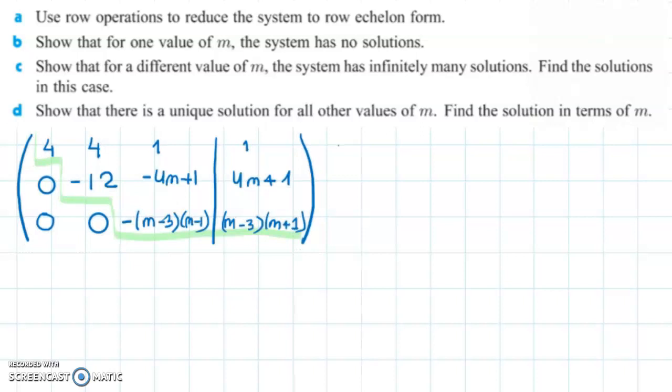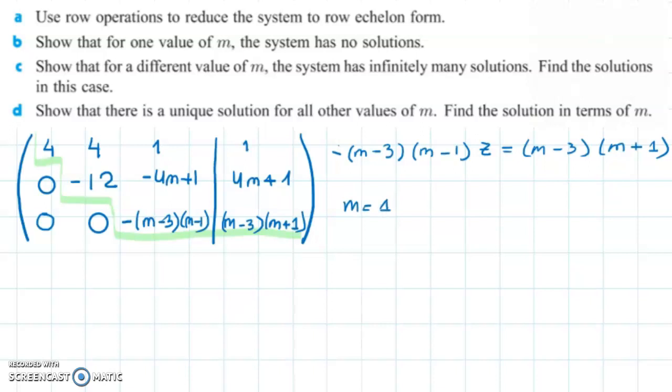If we look at the last row of our matrix, what we are saying is that the quadratic expression on m that we factorize, minus (m minus 3) times (m minus 1) times z, has to be equal to (m minus 3) times (m plus 1). So if we look at the linear expressions that we factorize, what we see is that when we have the value of m being equal to